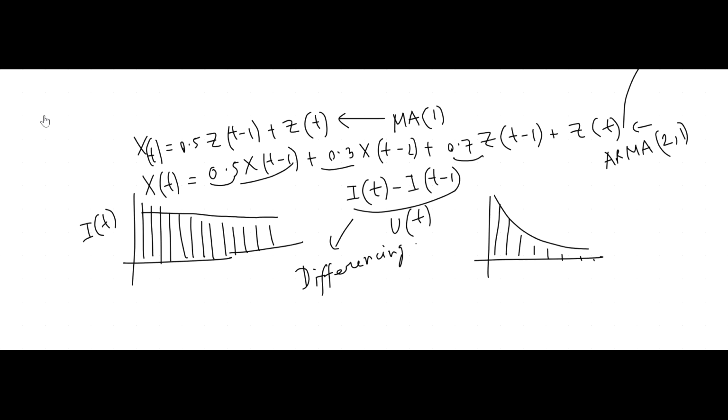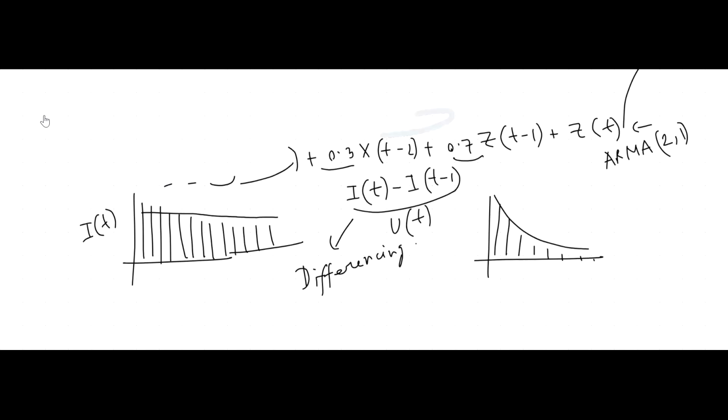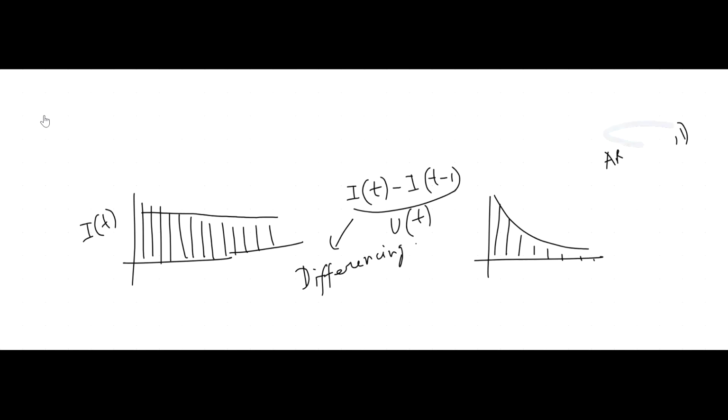Let me erase this part. What is the meaning of that? Suppose that this differenced data is satisfying a very simple ARMA equation. I'll just write it down. Suppose it is satisfying this particular ARMA equation: UT is equal to